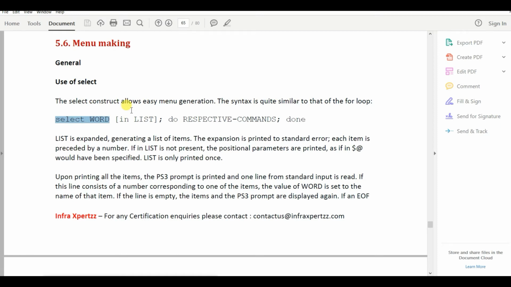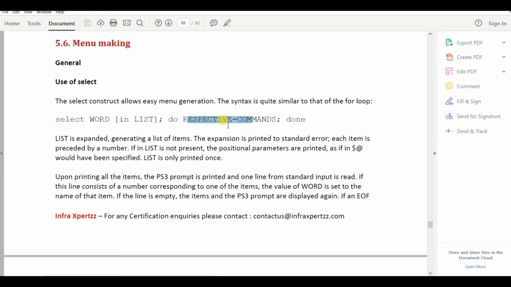So for number 1, it is option 1; for number 2, it is option 2, like this. And these options are something that you specify in the list here. But writing them in a proper menu format is what your select will take care of. After writing them, it will also allow you to give your respective commands, so that you can act according to the option that people will select out of this list.